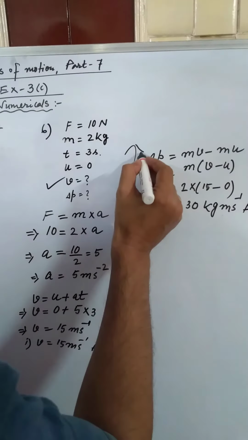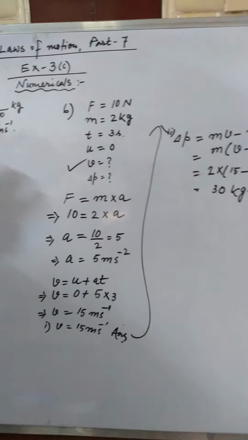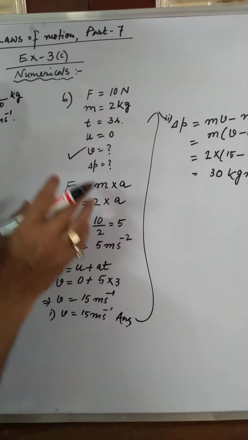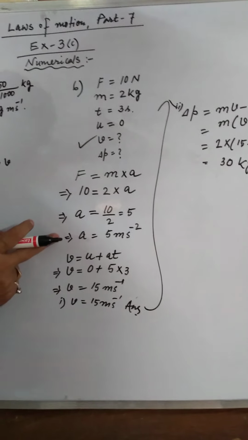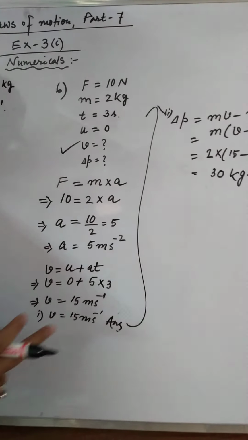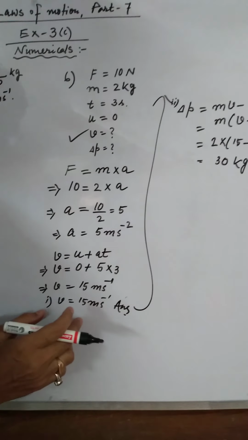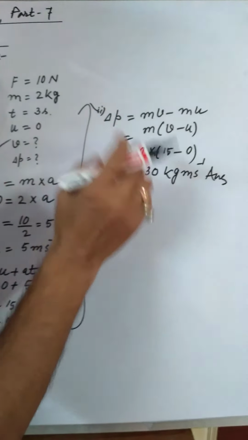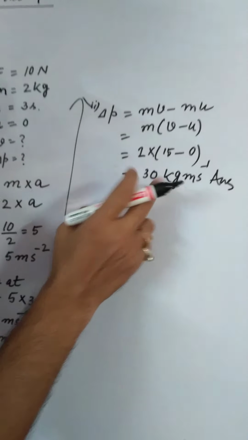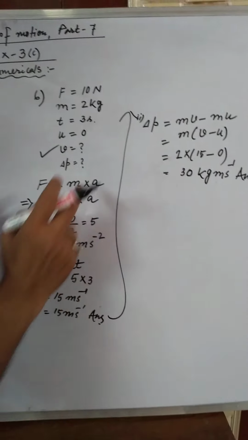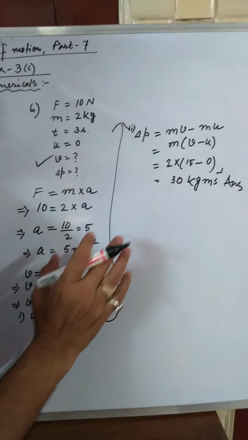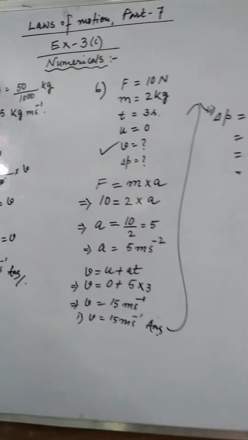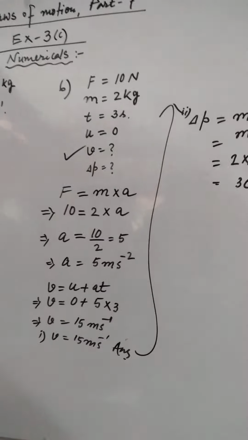This question is a really good one. You see the 3 steps are there. Generally, if this kind of sum will come, it will carry the 3 marks. First part is to find out the value of A, number 1. Second is to find out the value of V, and the third mark is allotted to the final answer. But always remember, in physics the unit is very important. If you write the answer with the wrong unit, then the marks will be deducted. Okay. So here it is, question number 6.